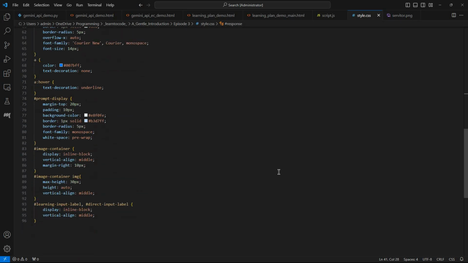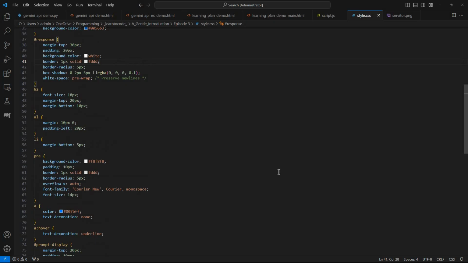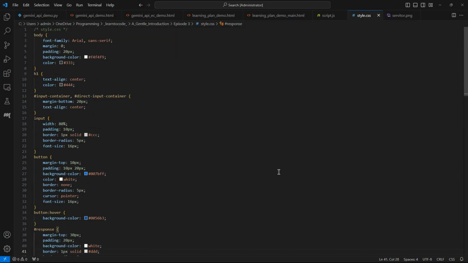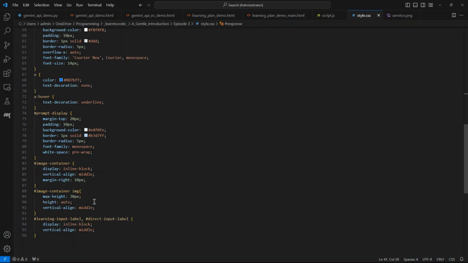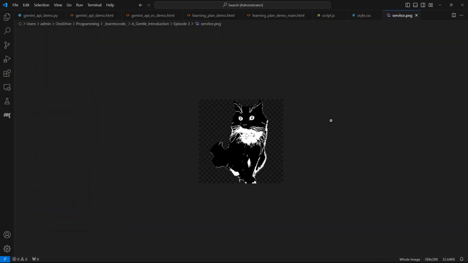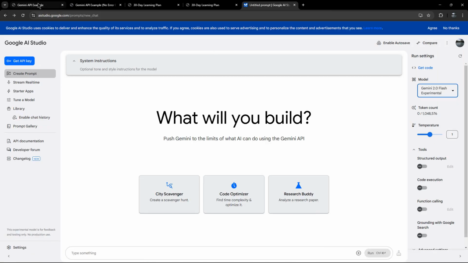There is a bit in here specifically for the image, which will get it down to the right size. Somewhere in here there is an image container thing with the heights and all that sort of stuff. But you could take any image and give it the name servitor.png and then put it alongside the files when you run this. And of course, running it is just a simple thing of clicking on it because